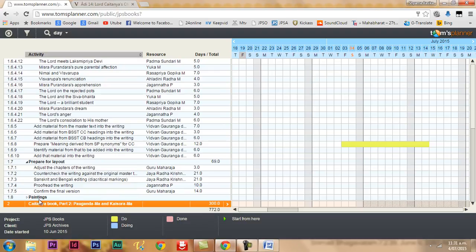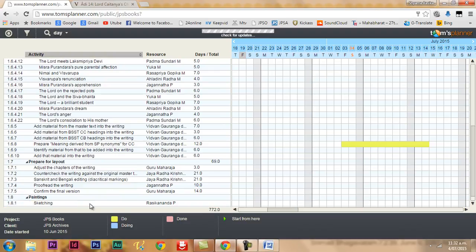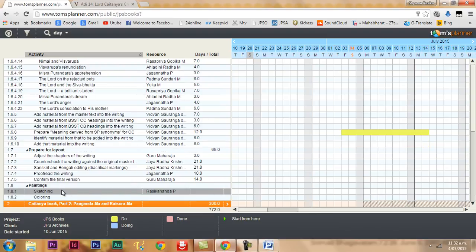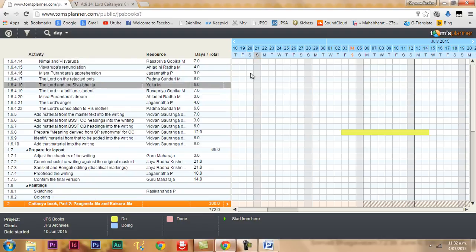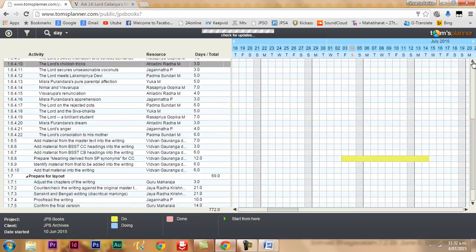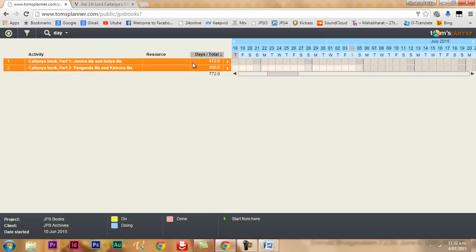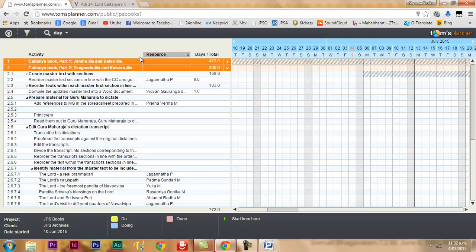We also want to make sure that there are some paintings. This is something that we are thinking of how to do. We are thinking of first of all having them sketched, and then afterwards colored by some other devotee. Now once that is done, this portion is over. Of course, it is Guru Maharaj who will decide what constitutes one printed volume and what doesn't. But I have grouped together birth and childhood pastimes because Guru Maharaj has already done some written work on it. Now after that, since last year, Guru Maharaj started dictating.